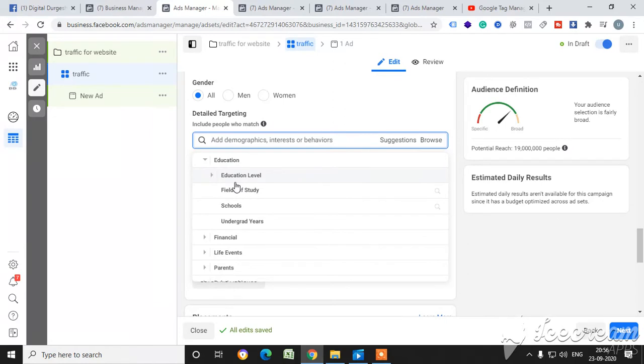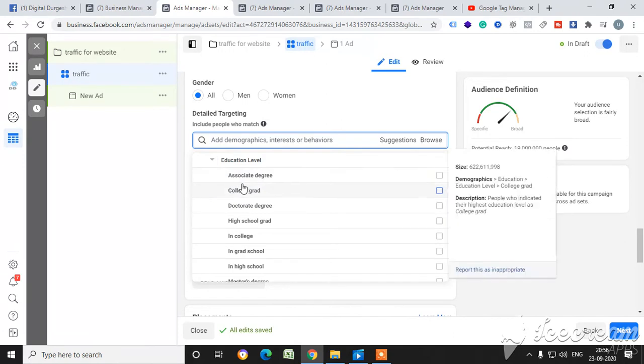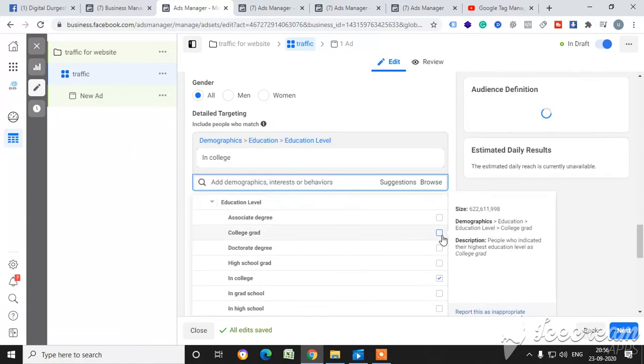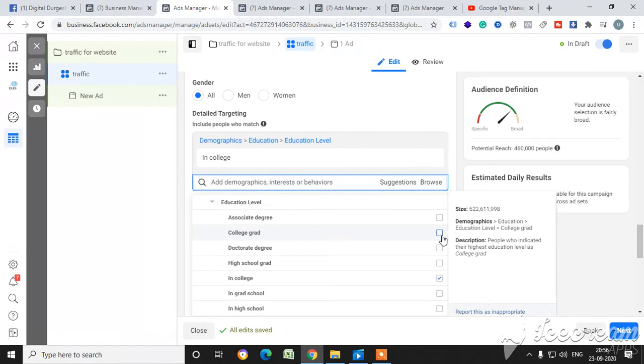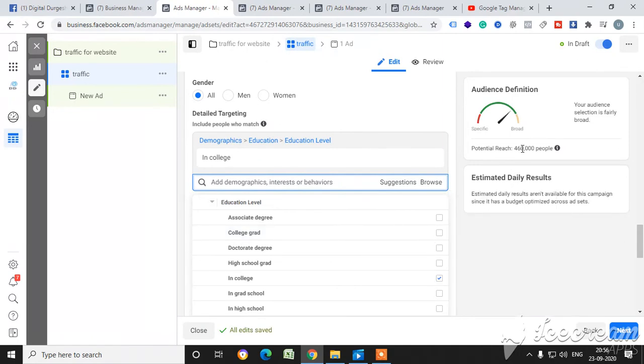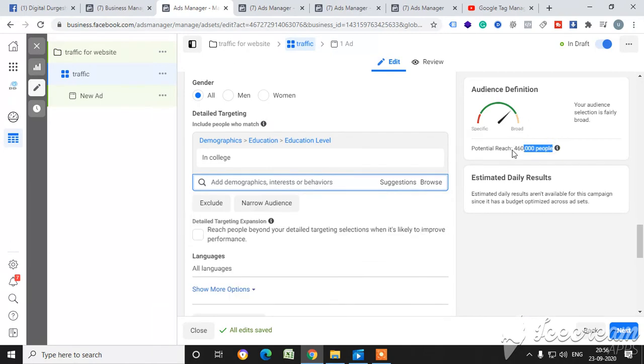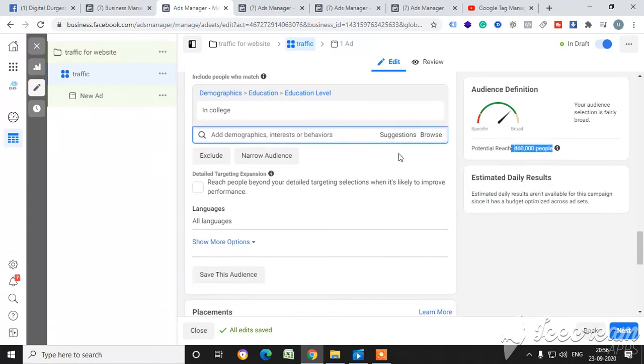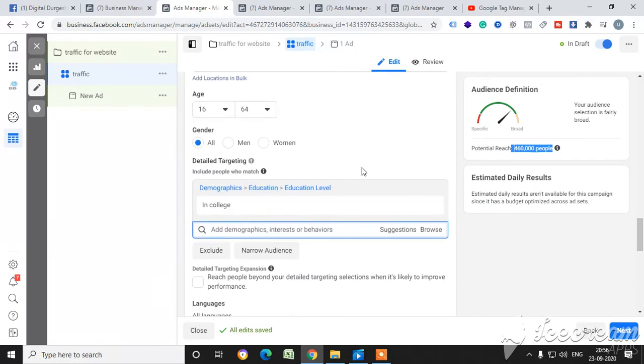फेसबुक ये सब ऑप्शन देता है कि आप इन सब लोगों को इन सब डेमोग्राफिक्स में टारगेट कर सकते हैं. फॉर सपोज यू वांट टू टारगेट एजुकेशन पीपल, educational level people who are associated to college degree, doctorate degree, high college degree. Suppose any person is doing college and I have to target that person, so I select this. See, the figure of that audience is 4,60,000. Oh sorry, Facebook shows the figure here. Facebook ads. You understand this?